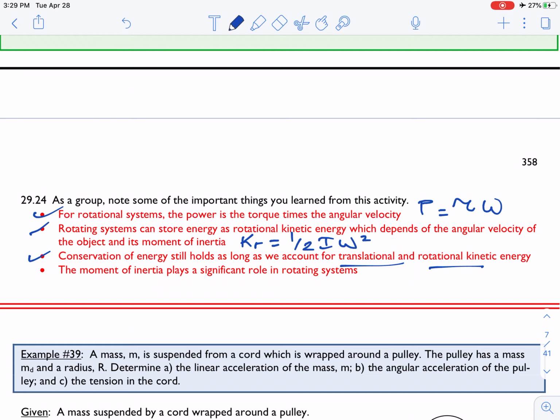And the moment of inertia plays a significant role in rotating systems. So it's not just the mass, it is really the distribution of mass. Where the mass is located matters when the objects are rotating. And we show that in the equations in terms of the moment of inertia, I. So be careful with this. I is going to be mr squared if it is a point mass, but if it is not, you have to use table 10.2, and that is going to be given in the exam